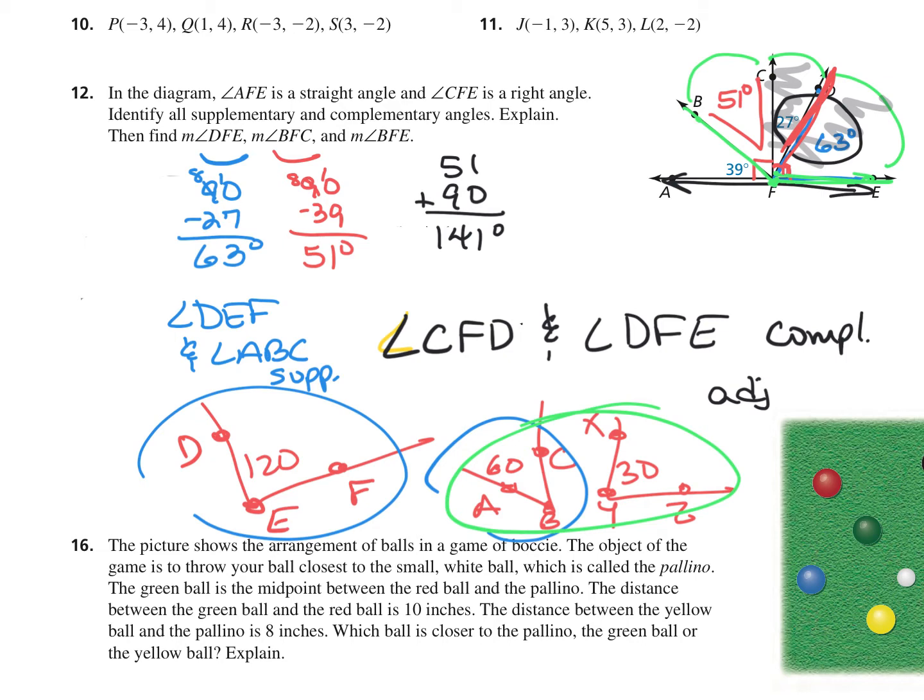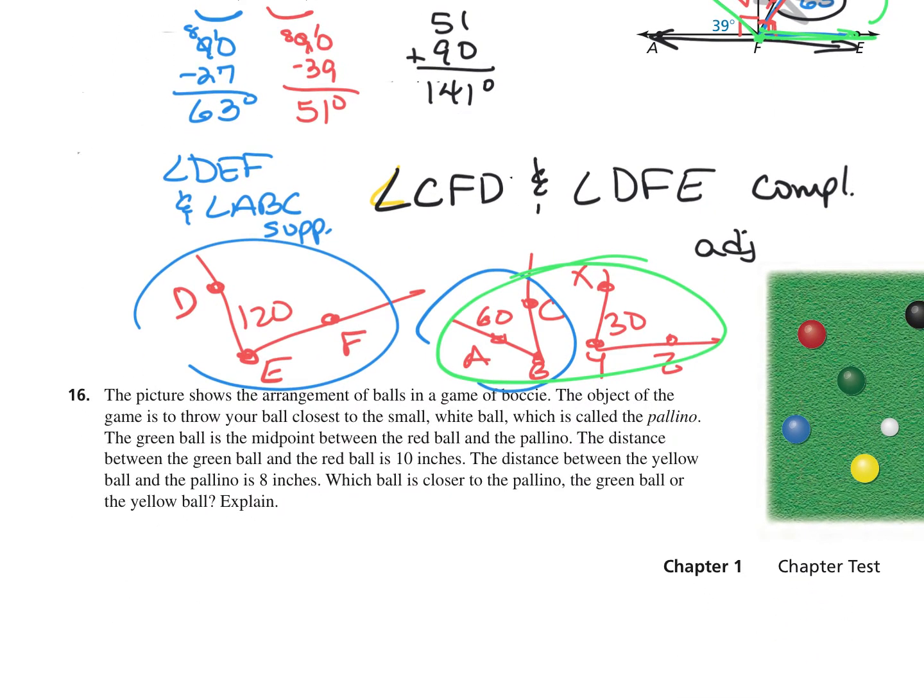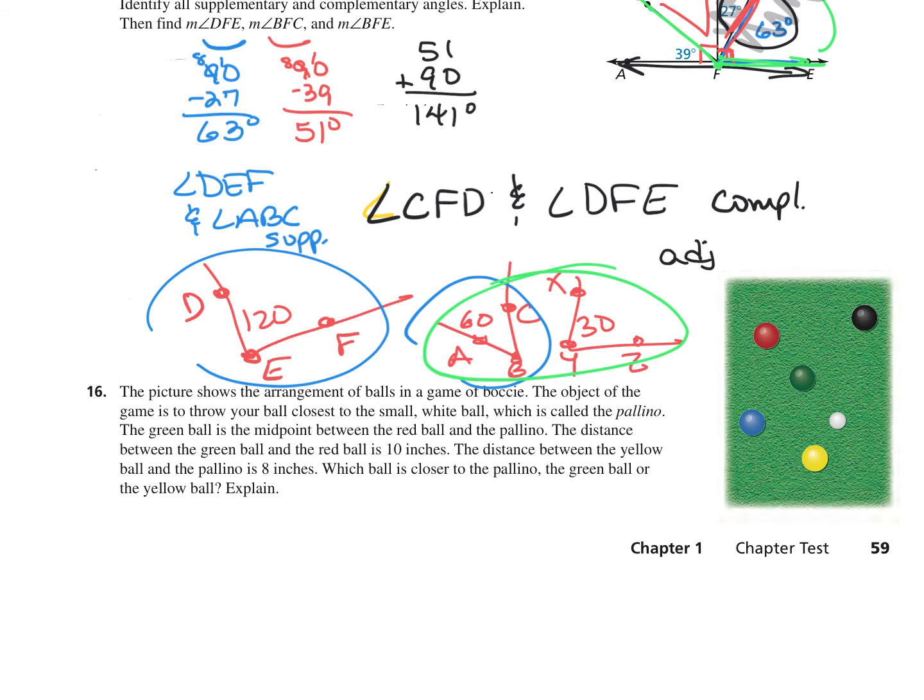And number 16, though, that's here, it looks like it's really a complicated word problem, but really half of the words there in that paragraph are describing the game. So really the main thing that you needed to read here in order to answer this question is when they started talking about here, the green ball is the midpoint between the red and the Polino, which is the white one. So if this is the midpoint,